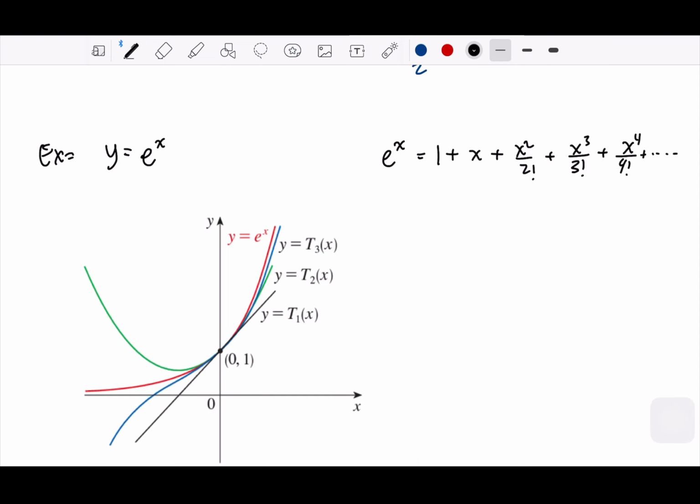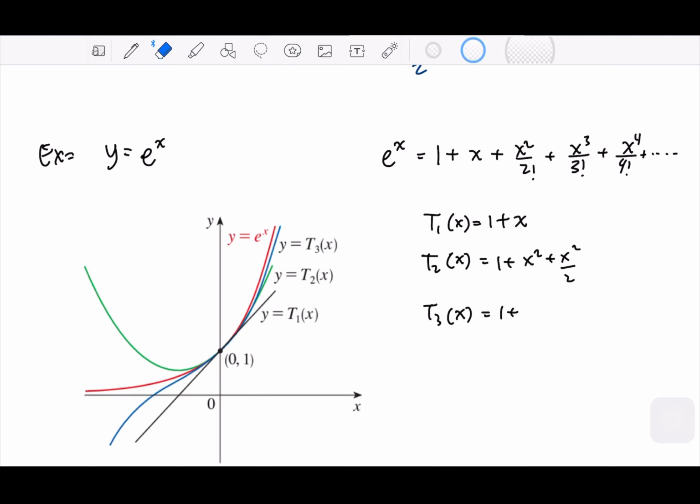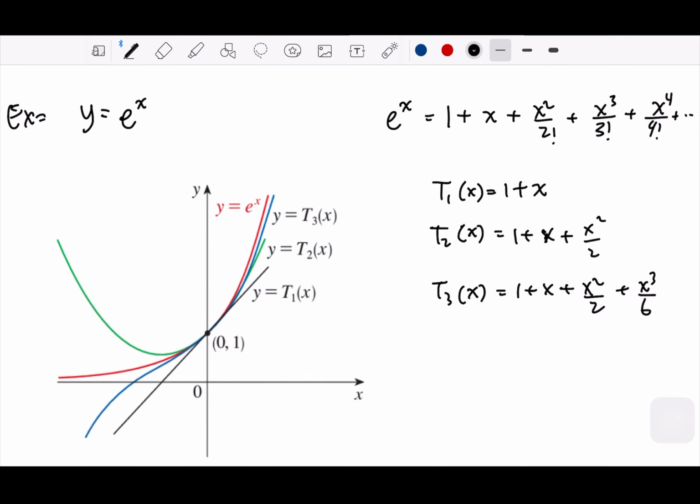And if you look at the partial sums, T1(x) is 1 plus x, T2(x) is 1 plus x plus x squared over 2, T3(x) is 1 plus x plus x squared over 2 plus x cubed over 6. Okay, and if we look at the graph,